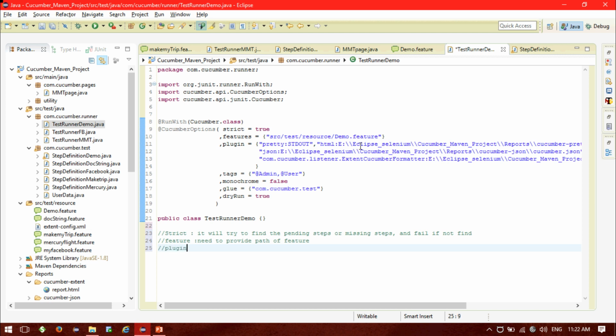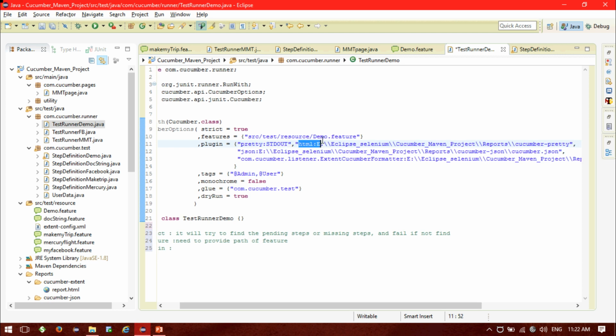So inside the plugin, we will be using the reporting format. After the test runner class is executed successfully, the HTML reporting format, whichever reporting format I want, should get generated in the target folder. The target folder and the path I need to mention. Okay, so I can see that pretty is the reporting format, and HTML will be generated in this folder: Eclipse, Selenium, Cucumber, Validation, reports, and Cucumber Pretty.